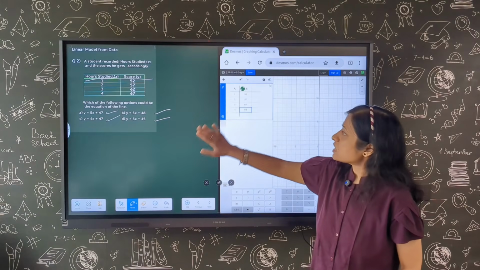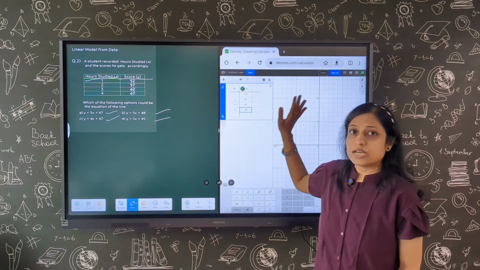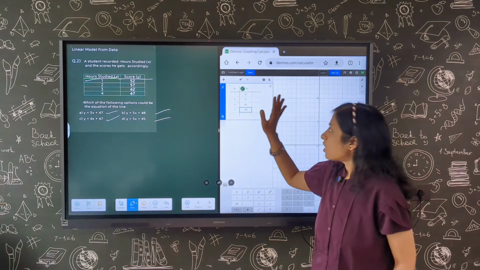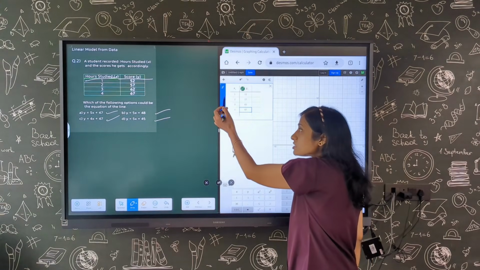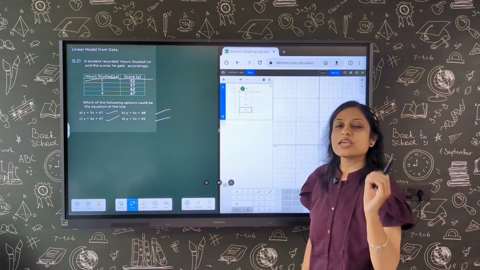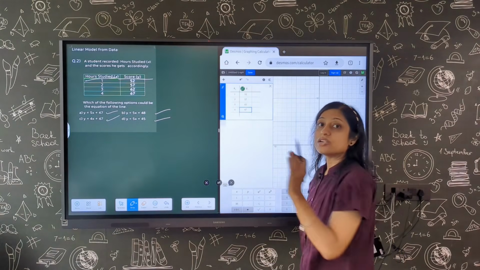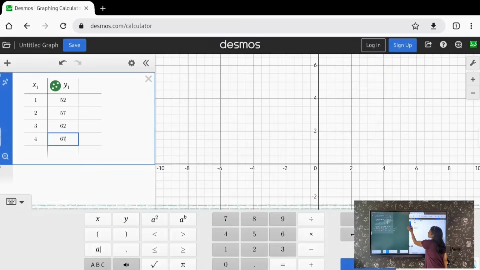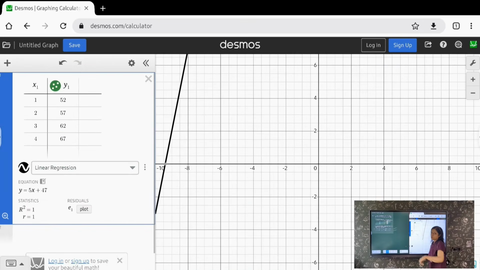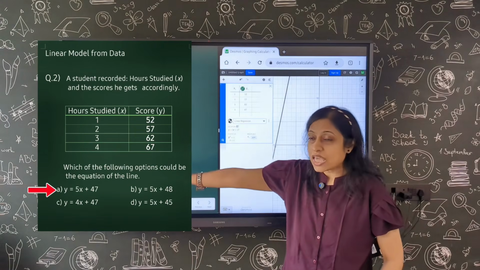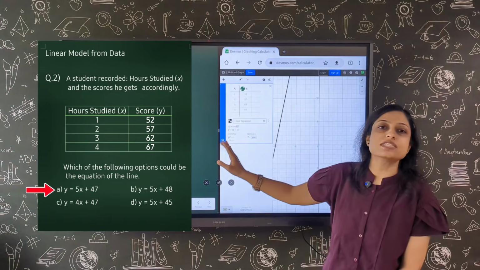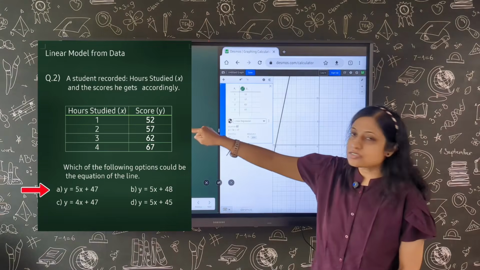Simple task, just copy the value of the table. That's it. Now see, on the left hand side, we are getting this symbol, and this symbol is very helpful. This is called regression. Just select this symbol and you are getting the equation of this input and output table. And when you see in the options, option A, 5x plus 47, is the correct answer